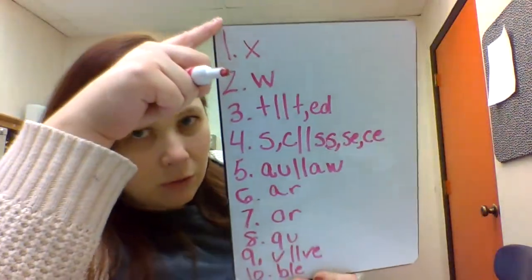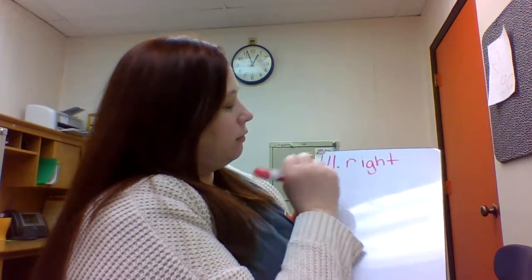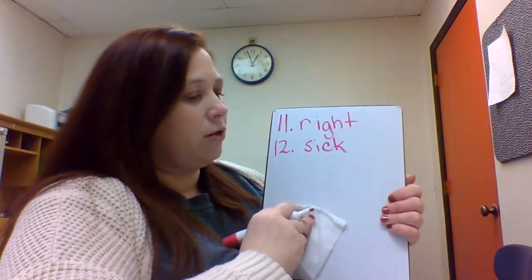Alrighty, go ahead and make sure you have these down before I erase them. And we're going to move on to spell a couple of words. Let's spell on number 11, right. This has that trigraph IGHT in it. So and then IGHT, right. Number 12, we're going to spell sick, S, I, and then as that final K sound is a CK. Go ahead and make sure you have those down, and then we're going to talk about our new digraph